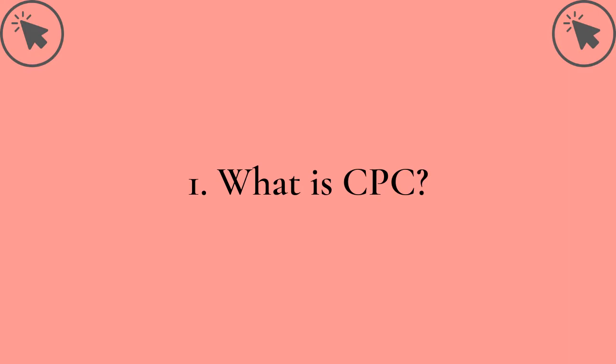What is cost per click? Now, cost per click or CPC can be defined as the cost that you as a marketer pay to the publisher every time an online user clicks on your ad. So, cost per click forms a major part under the broader umbrella of paid search marketing. The most important part that you need to highlight when it comes to the definition of cost per click is the difference between a click and an impression.